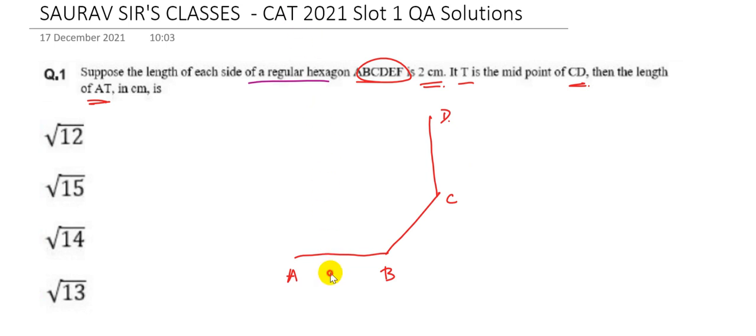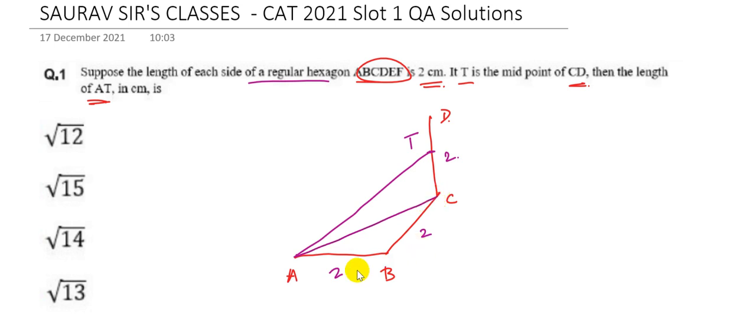Each side is 2 centimeters, and T is the midpoint of CD, and we have to find the length of AT. So to find the length of AT, first we'll find